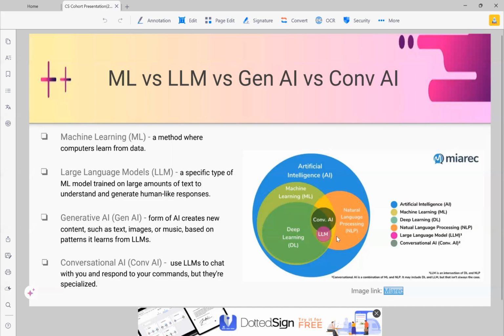And then deep learning is another subset of machine learning. Think of it as trying to understand what's going on in your brain. It's able to learn from large amounts of data, simulating the neural networks happening within your brain. That's a very specialized field within ML. But for our purpose within customer success, all we need to really understand is what is an LLM, how does it fit within machine learning, and what's the difference between generative AI and conversational AI. So hopefully that makes sense. If you have any questions, let me know.